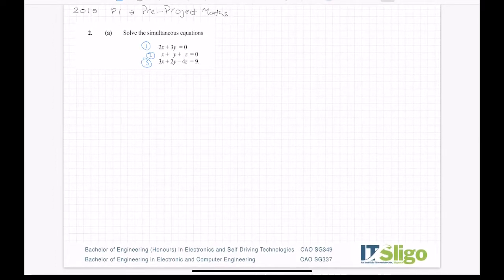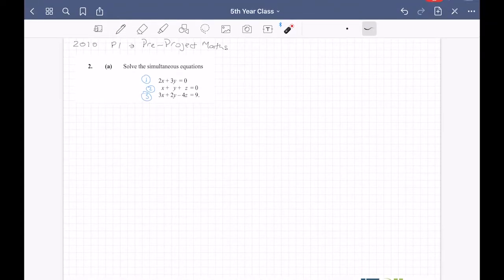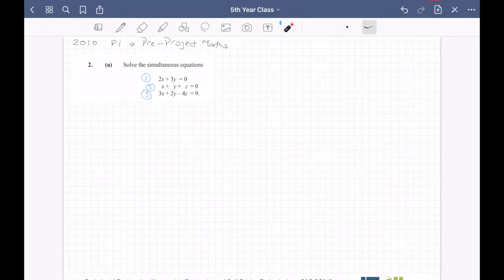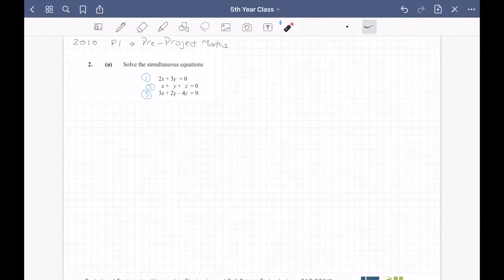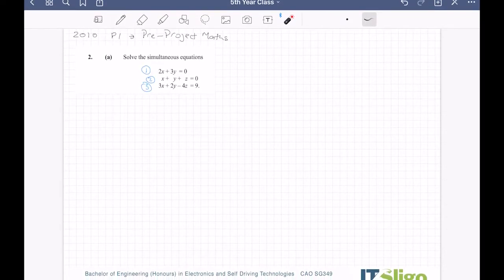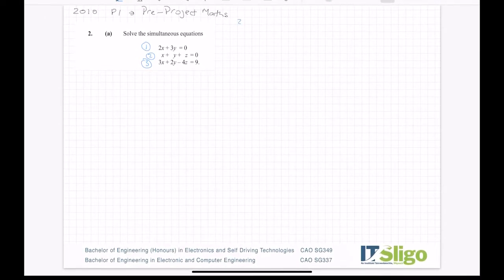This one is a little bit unusual, and that's why I wanted to do it, in that if you look at the top one, you have no z. So it makes sense then to take the bottom two and cancel out the z in them, because remember, steps 2 and 3 were basically cancelling the same letter in pairs of equations. So let's take 2 and 3